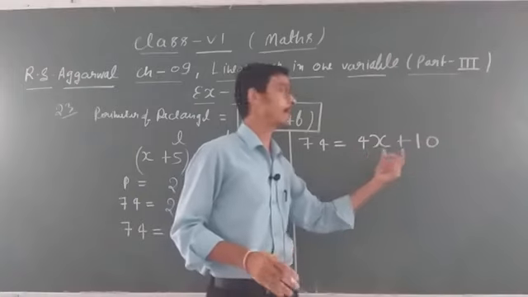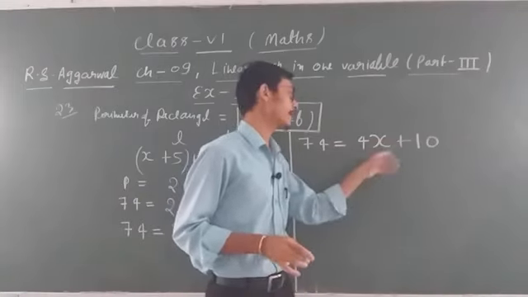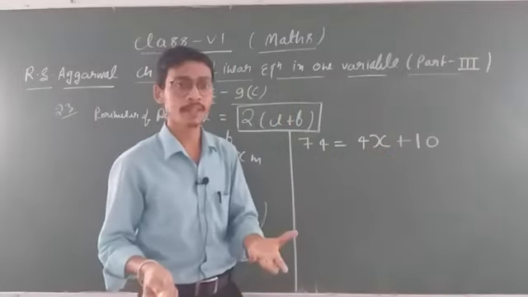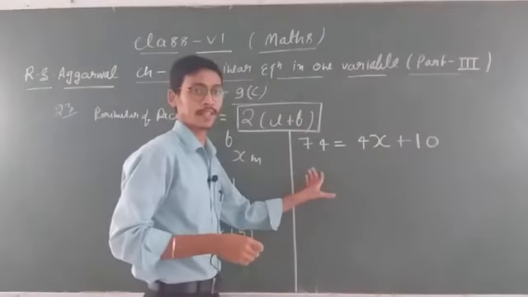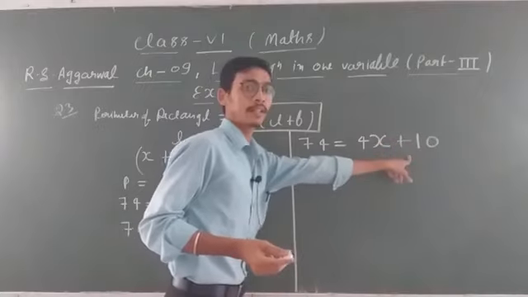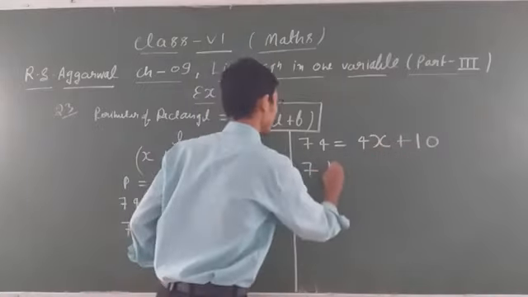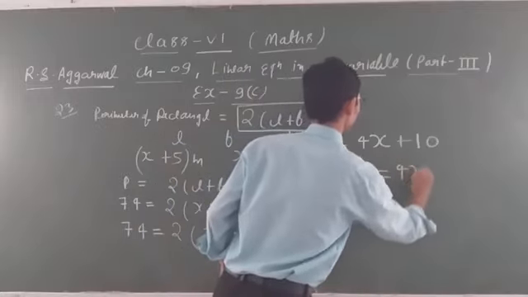Now you know that this is 4x. Is there anything related to this one? Does it belong to this family? You can say, sir, no, because only here x is present. But 10 and 74 belong to the same family. They are like friends. So what you will do, this 10 you will write on this side, and the sign will be changed, because this 10 was on this side of the equal sign. Clear? So 74, 10 comes this side, minus 10 equals 4x.